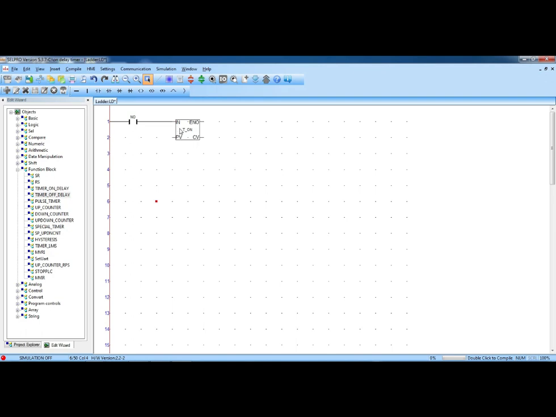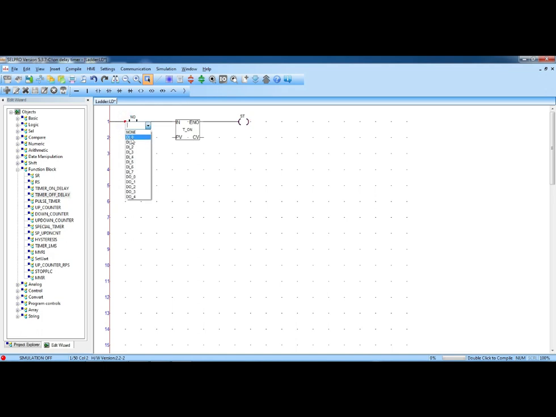See, this is the enable input, this is the enable output, this is the preset value, and this is the current value. We give the input to enable the timer, and we give the value to set the time, whether after 5 seconds or after 10 seconds, that is defined by this timing value. So I'm giving one output, that is my lamp, it may be a tube light or a lamp bulb.